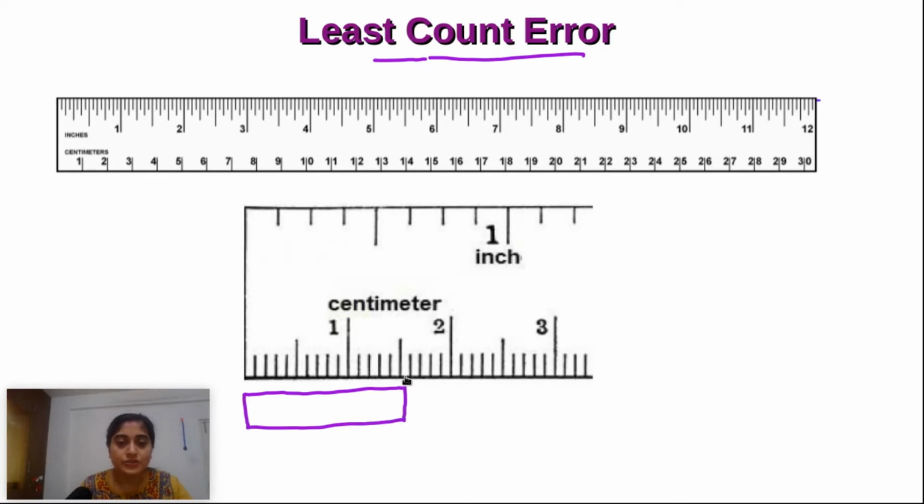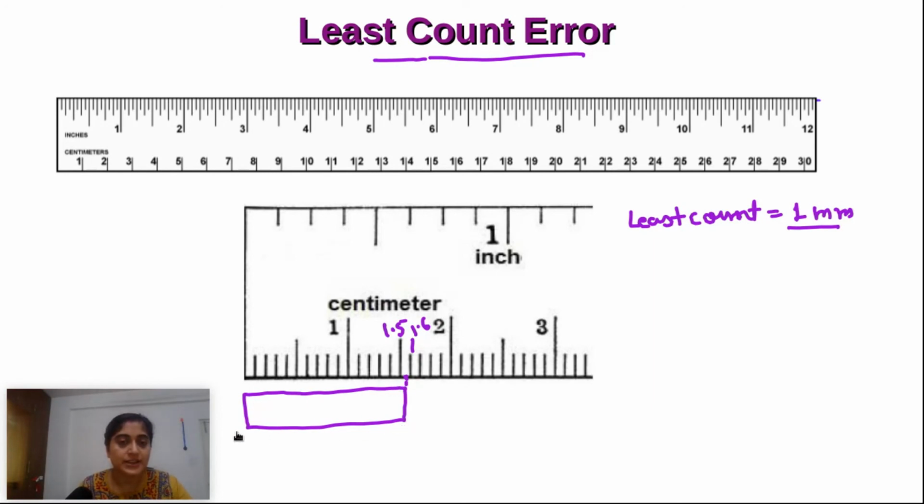If we zoom in on this portion, this is 1.5 centimeter and this is 1.6 centimeter, or we can say this is 15 mm and this is 16 mm. The least count of this ruler is how much? It equals 1 mm. So minimum we can measure up to 1 mm.